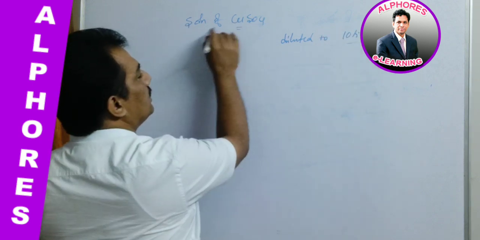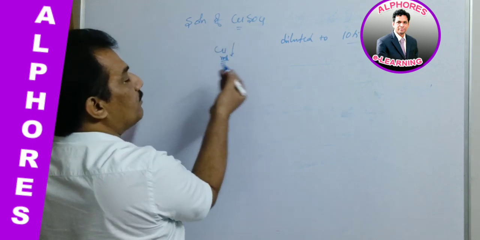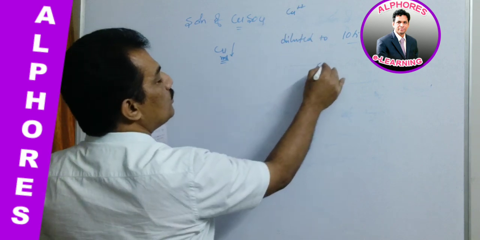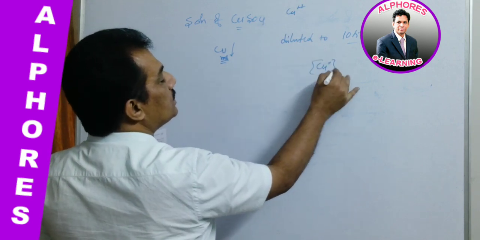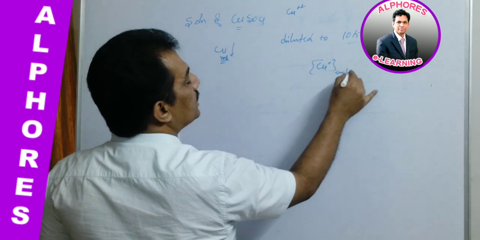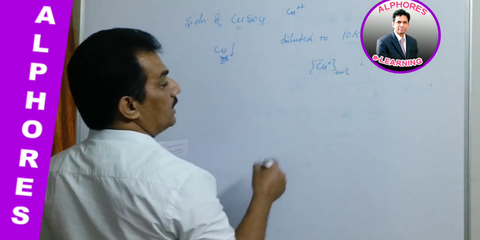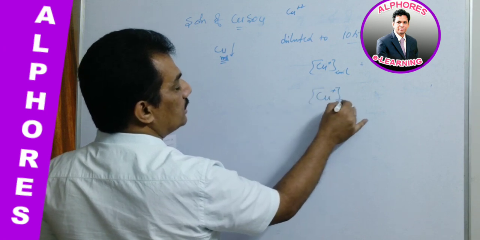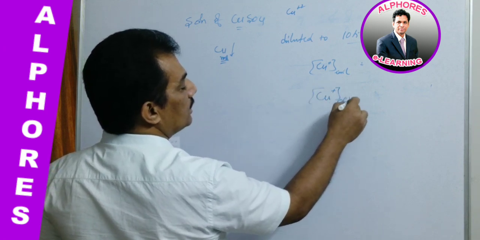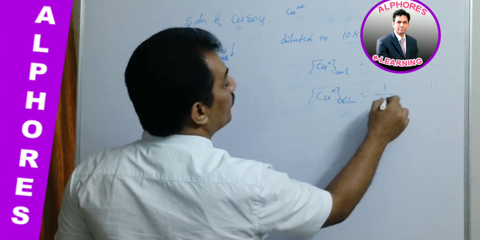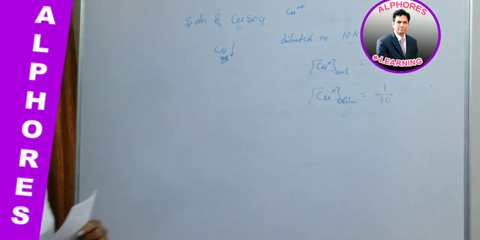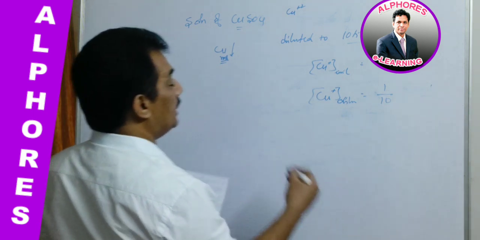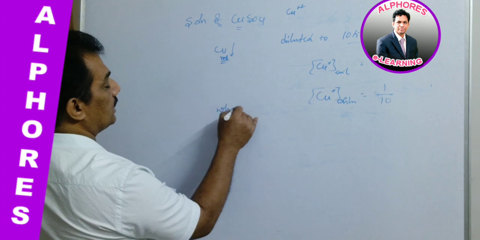That means, say for example, what does it mean? In case here in copper sulfate solution, what we require for copper is nothing but Cu+2 concentration. Say for example, Cu+2 concentration initially, if it is initial concentration is 1. Now final concentration after dilution is 1/10 because 10 times diluted. Clear? And now what 10 times diluted, then what happens? They are asking the question like this.